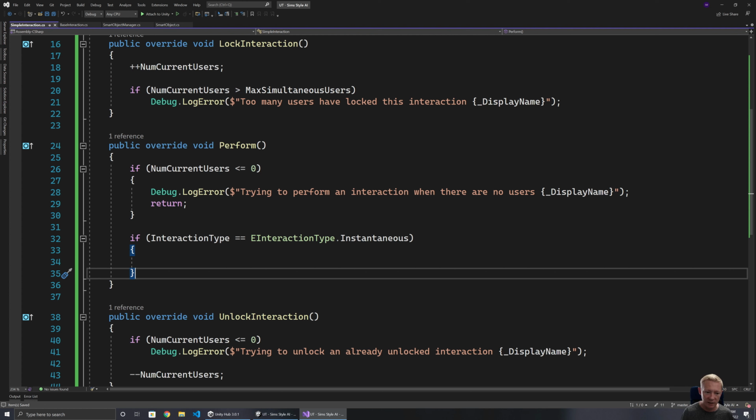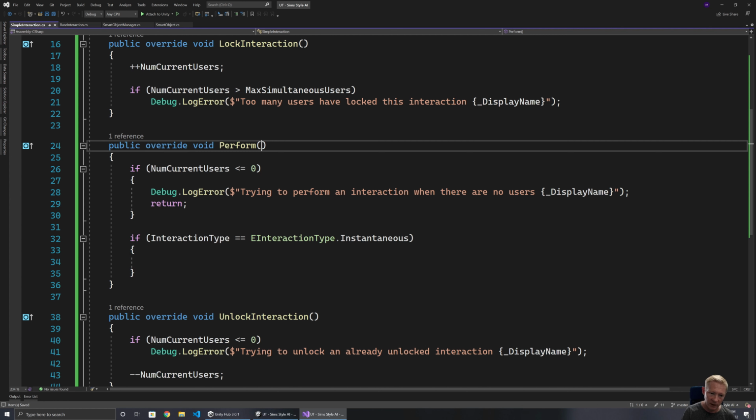So with performing the event, it's a little bit more complex than it initially looks like. The reason being is that we're specifically wanting to support multiple things performing an event simultaneously, or an interaction simultaneously. So that means when we do perform, we actually need to know who the performer is,